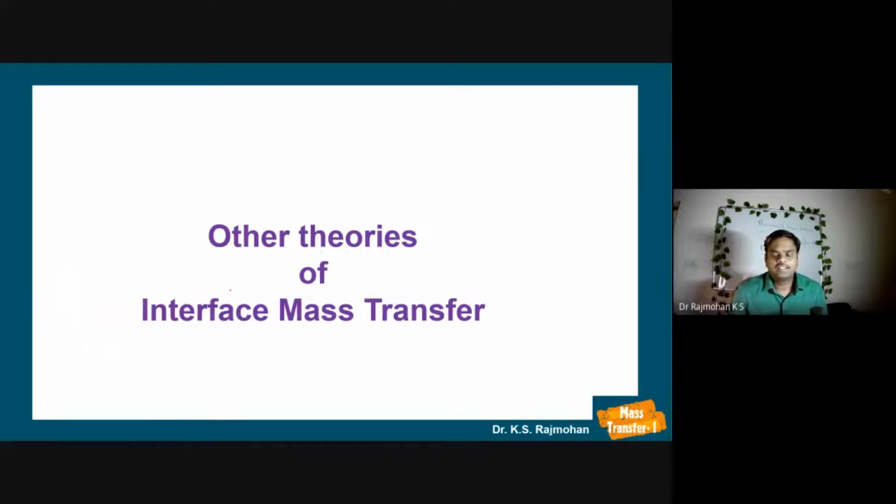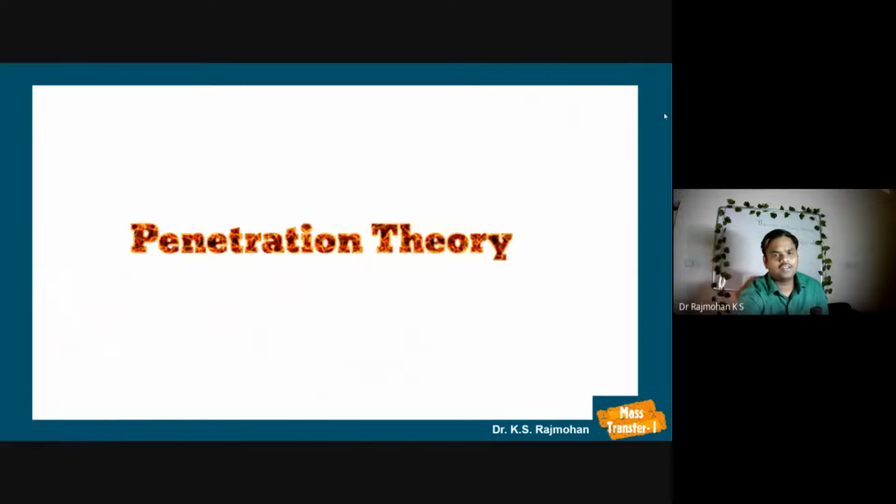and if you look at the other theories of interface mass transfer, we have penetration theory. So penetration theory overcomes some of the drawbacks associated with this two film theory, because we have seen so many assumptions in the two film. Each theory is like that only. The assumptions made in previous theory is deviating from the reality. So the next person tries to address that shortcomings. So we improve it by considering more realistic approach.